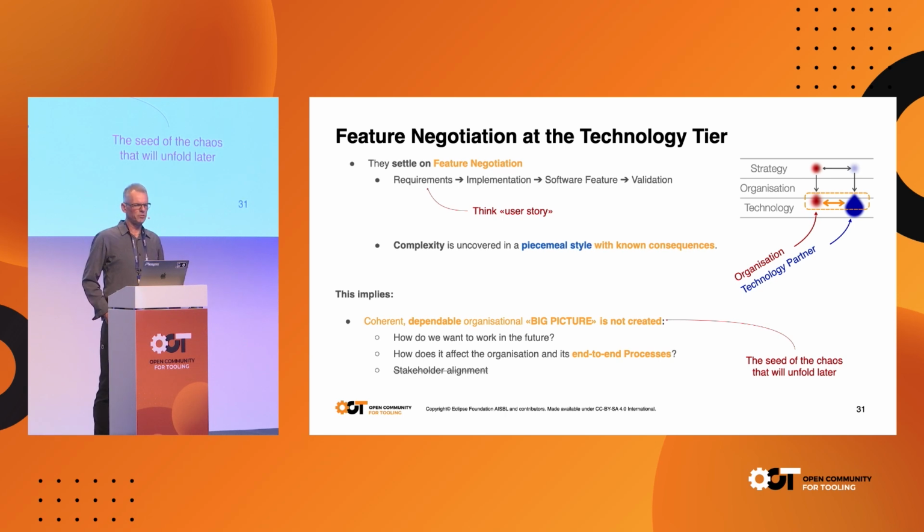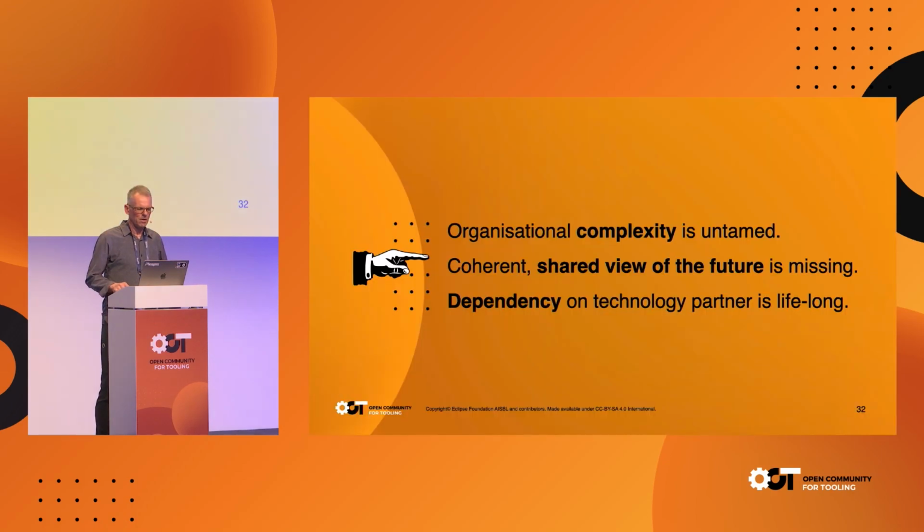So they will, in a piecemeal style, slowly discover everything that is involved, and then they will find that it doesn't match up. This implies also that there is no coherent big picture in the end, like a domain big picture: what does this organization do? Because it's just left in the dust. They never do it, and there is no alignment on the business stakeholders either. There is some, they are all involved at some point, but it's not what could be. So that's the situation we are faced with at that point.